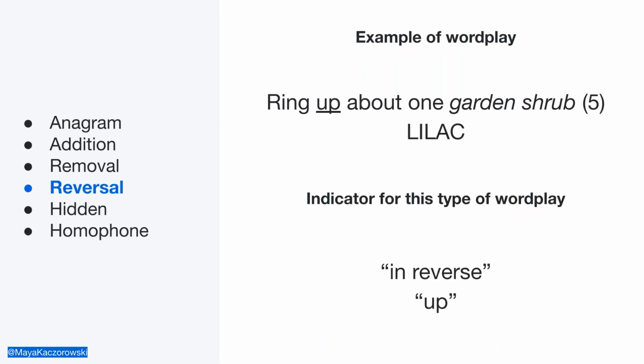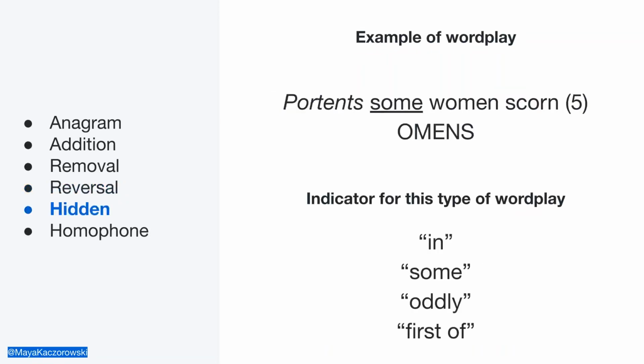A hidden clue in wordplay is when you have another word hidden in a phrase. A common situation is that between two words, if you remove the space, you'd find another word hidden in there. This is especially commonly used for proper nouns that you might be trying to hide in wordplay. A hidden clue can also tell you to look for individual letters that are hidden, or, for example, every other letter in a phrase, or the first letter of every word.